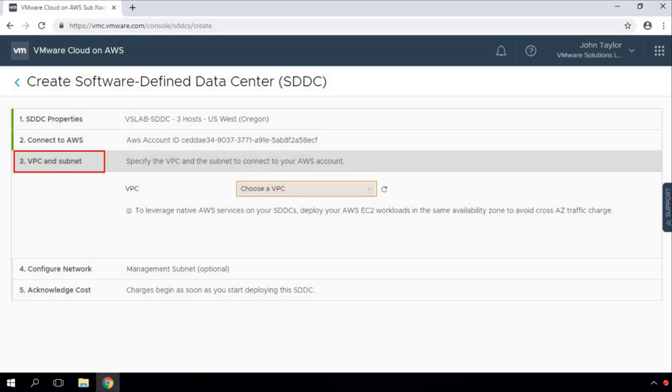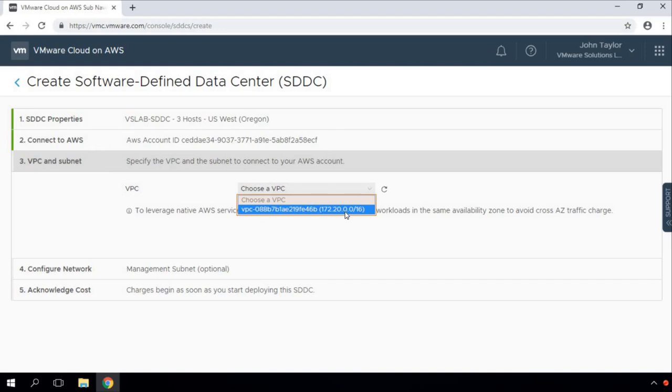So these two pieces of information are really important from the AWS perspective. So let's go and define them. We have already created the VPC and subnet, so we just need to map the VPC we created in the previous lecture to this SDDC workflow. So click here, choose a VPC.